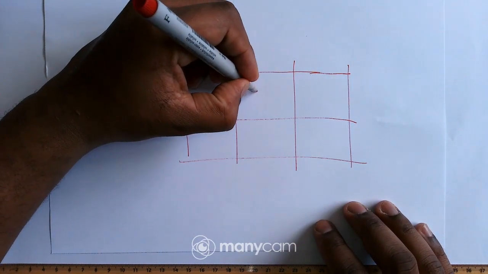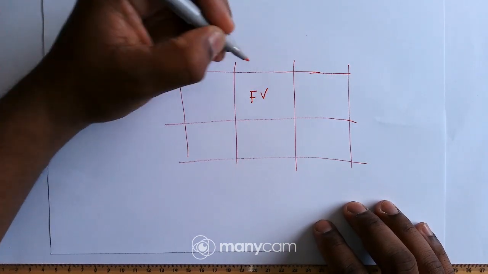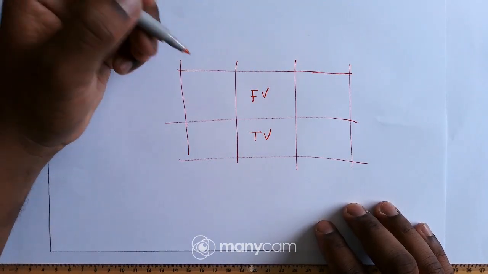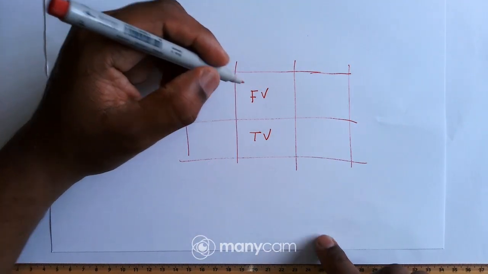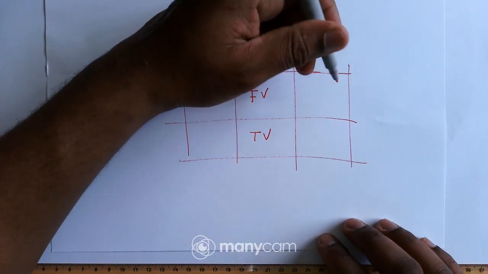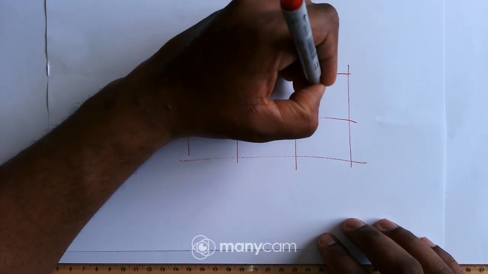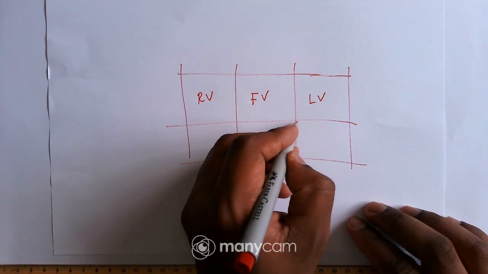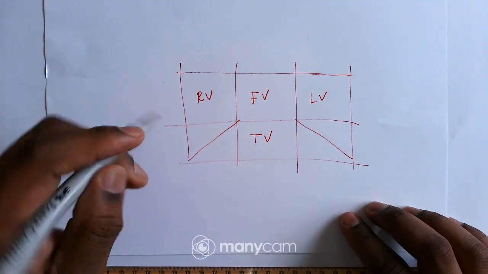Remember, the front view is just right there, and then the top view will be just there, at the bottom, and then my right view will be on my left hand side, and my left view will be on my right hand side, right? So obviously I have the placement of the views in first angle.